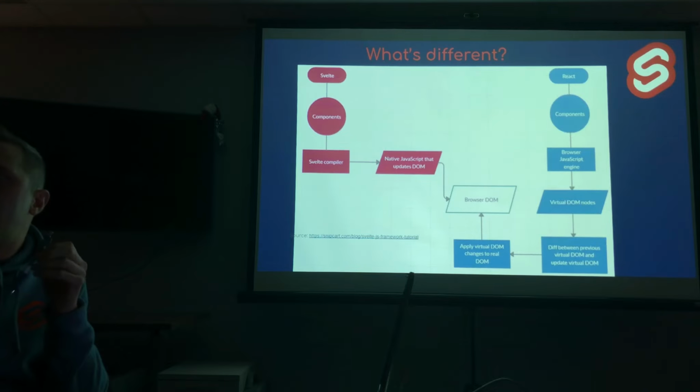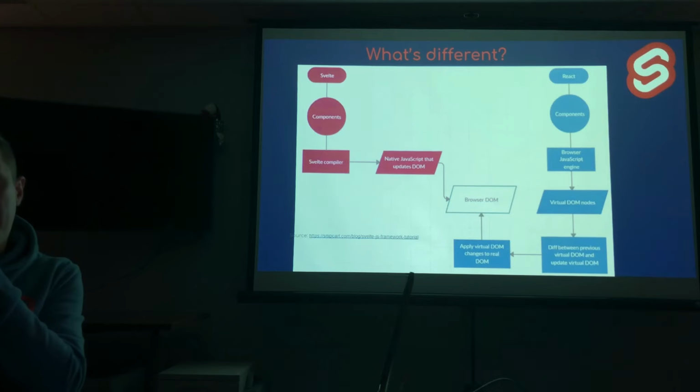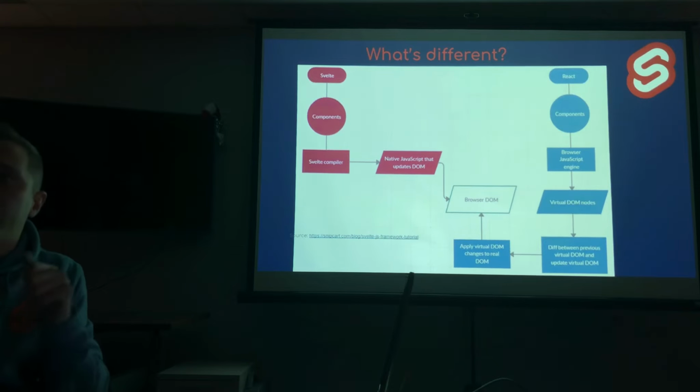Yep. But that doesn't have to do with whether it's accepting. So what's the advantage of not using it? The advantage? Well, I'm not really sure what Svelte is doing in terms of how it's